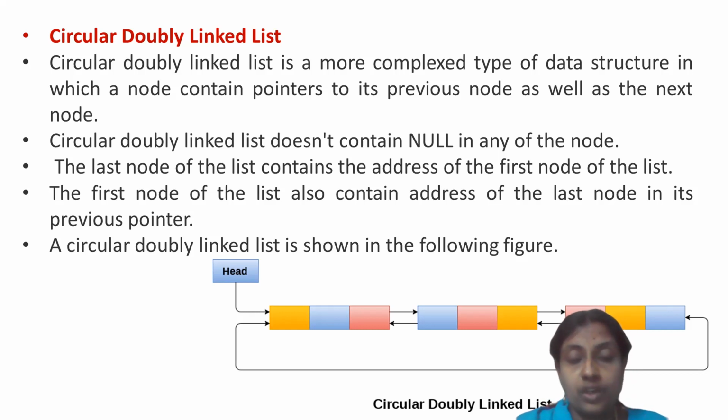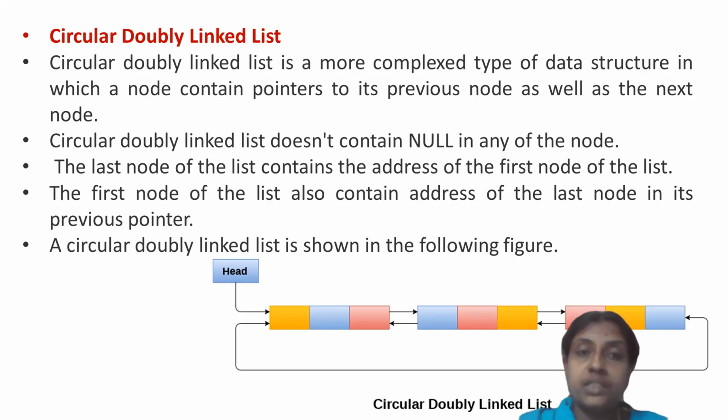So what happens is, when you're in the first node, it will go to the second node. When you're in the second node, it will take you to the third node. When you're in the third node, there are two options. You can go back to the second and first, or from the third, you can switch over to the first node, because the third node's next part will carry the address of the first node. Once you come here, the first node will once again take you to the second node. Also you can directly go to the third node from the first. Why? Because the previous part of the first node will have the third node address. So any path you can move around in this doubly circular linked list.